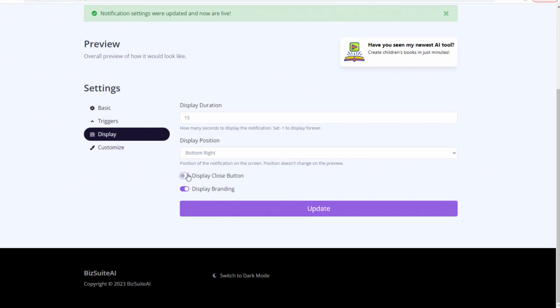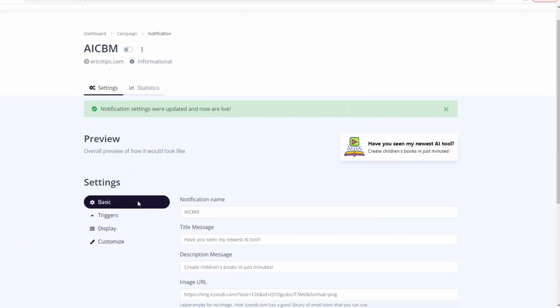And then do we want to be able to close it? I'm going to say yes. We'll have an option to close it. And then branding, yes or no. I'm going to say no. So if you say yes, then you can also have universal branding on there, and you can actually put your own brand name in there as well as a brand link. And then where it says